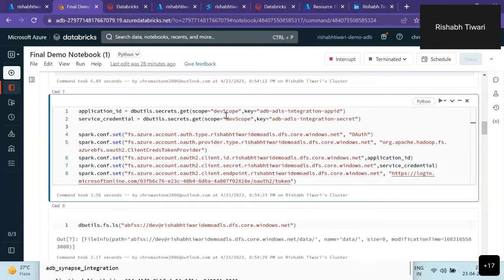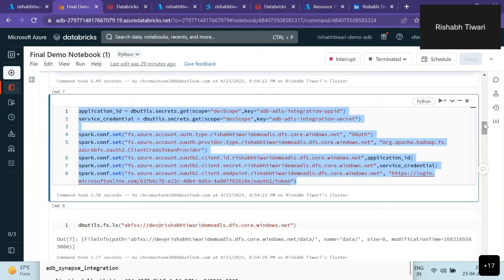So the application ID you created, the secret you created, you stored it into key vault, provided access to the key vault to Azure Databricks. Now Azure Databricks is using the key vault secrets to authenticate, and these particular configurations are going to be set. Next would be